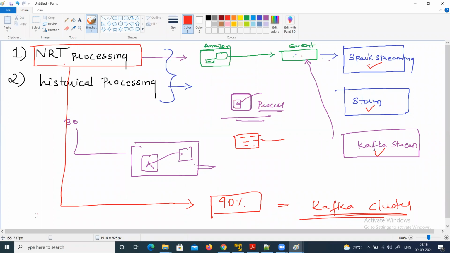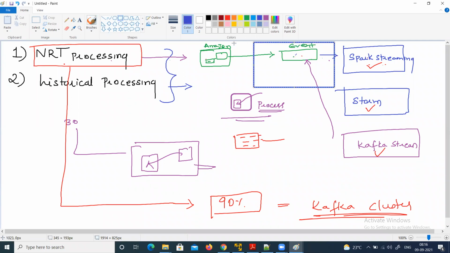All right. Now we got to know about the different types of processing, guys. This is one of the use cases. If you want to handle or process this data, you require Spark streaming, but you also require some place where you can store this particular data. So now this event, guys, I'm going to store